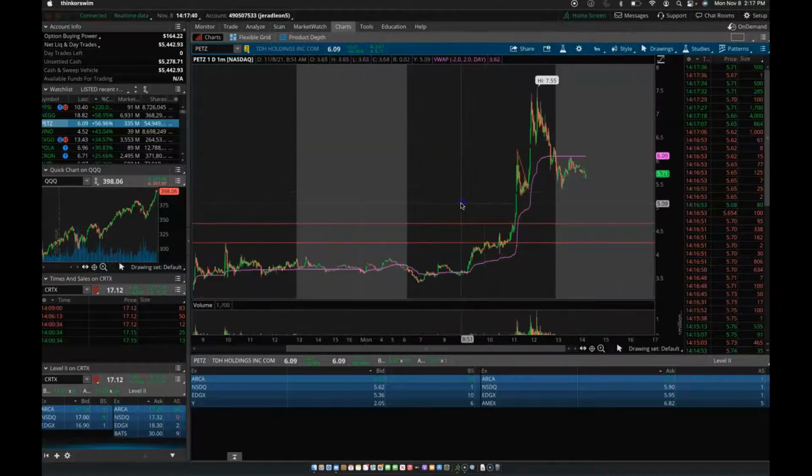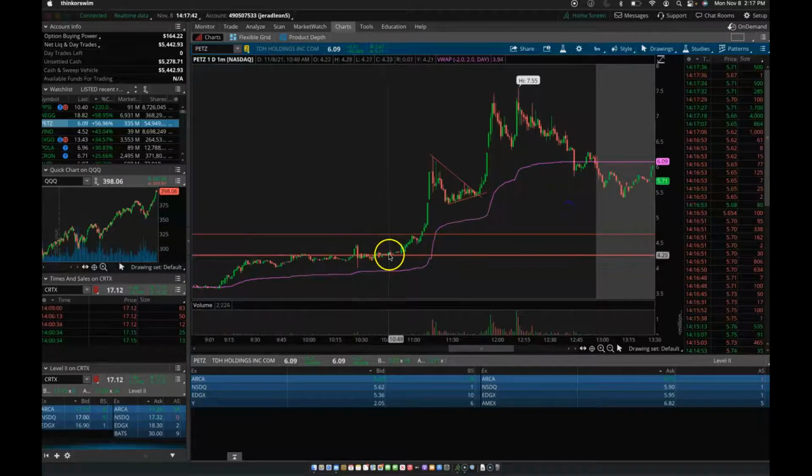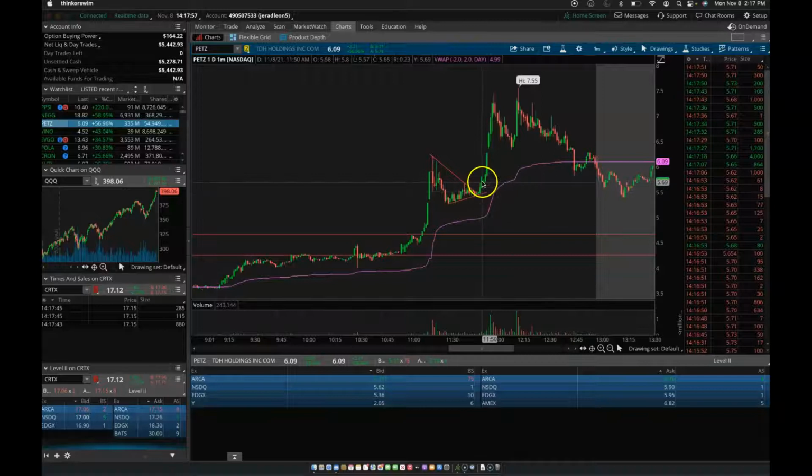It really just held up. It had no volume. I wasn't eager to trade it, but once it got this nice push here and it consolidated, held VWAP, I put in my lines and was able to get a nice entry. I chased a little bit at 570 once it was perking through. I missed the ideal entry at 550s, and chased a little bit at 570, super small size, sold at